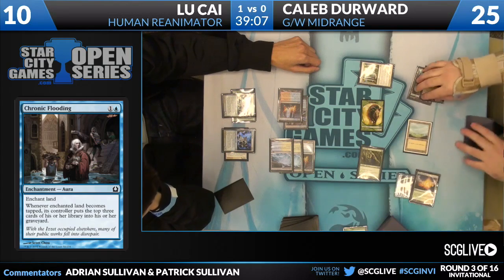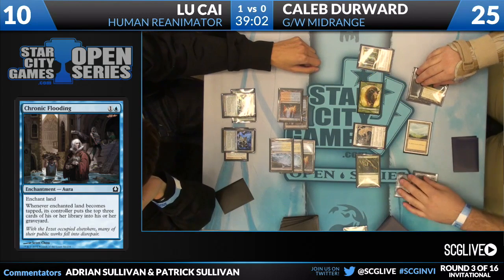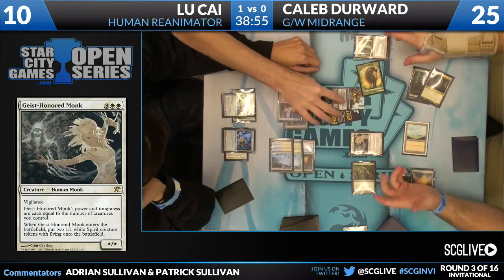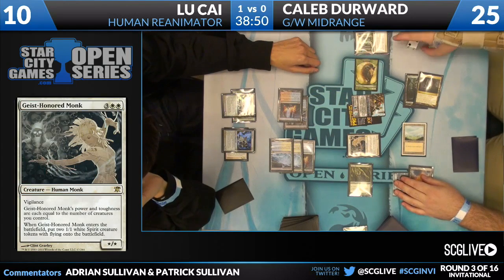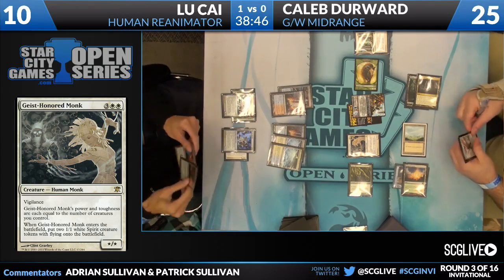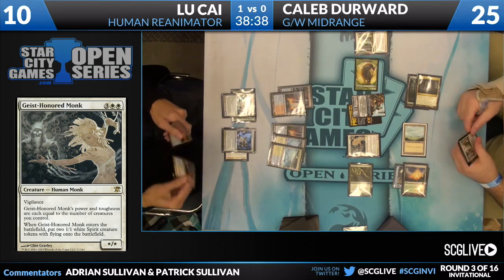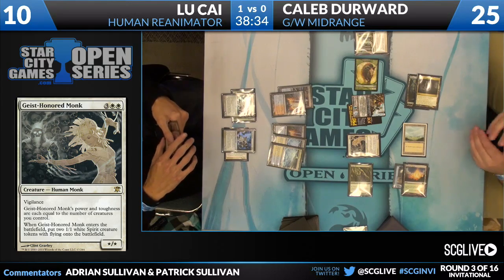And Caleb mills himself for 3 in order to cast this Geist Honored Monk. I almost said Geist of Saint Traft, but it's Geist Honored Monk. Comes into play with some spirits, and its power and toughness equal to your creatures. I've always liked the art on this card. Yeah, it's very cool. Very ethereal, or whatever you want to call it. Usually I don't look at the art on cards, and sometimes I'm surprised at what's on it. This is one of those ones that I noticed right away. Yeah. And Lou is just...